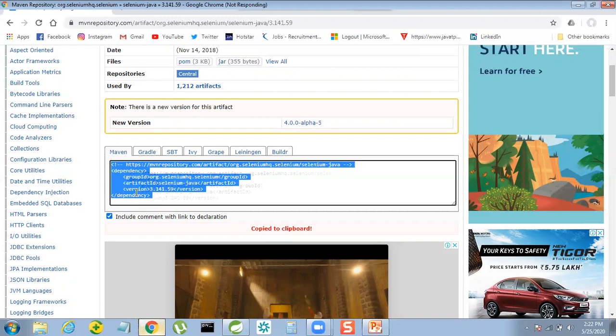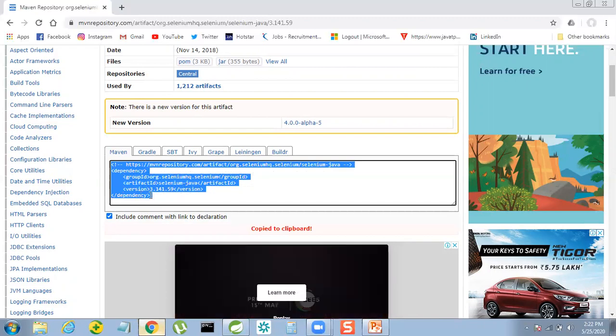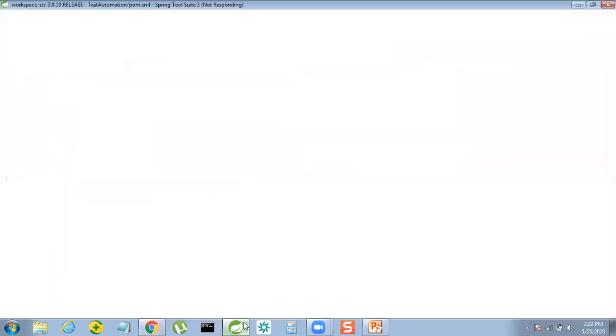I'm just trying to copy these dependencies. Okay, so I just copied it and I'm going back to my STS. And it's not responding.